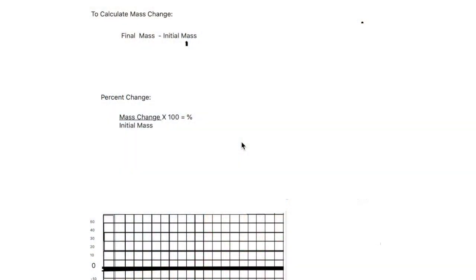Finish recording all of your data, make your observations and the mass differences. We will then determine the percent change in mass, and then we will be graphing it on this graph down here. So I'm going to use the sample calculation in the pre-lab calculation. To determine that, you take the final mass. In that example, the final mass is